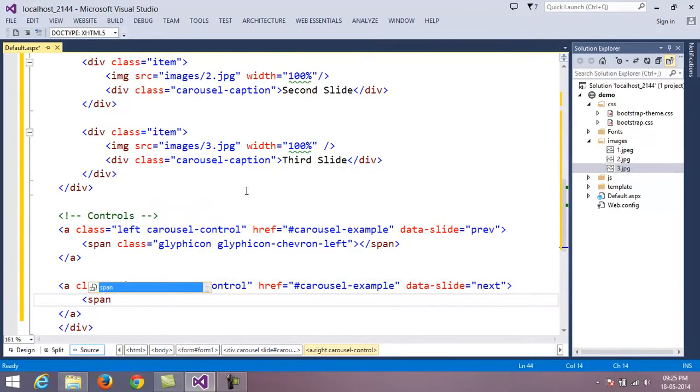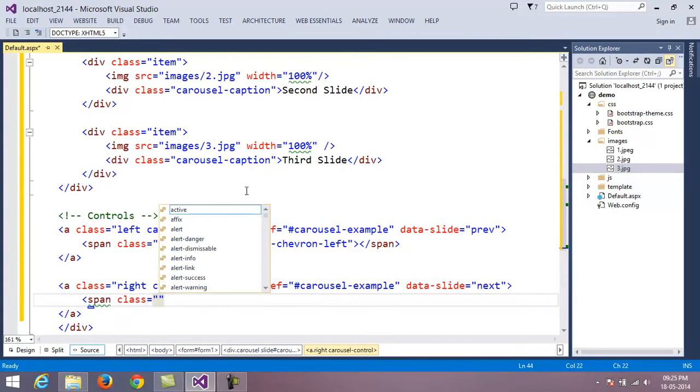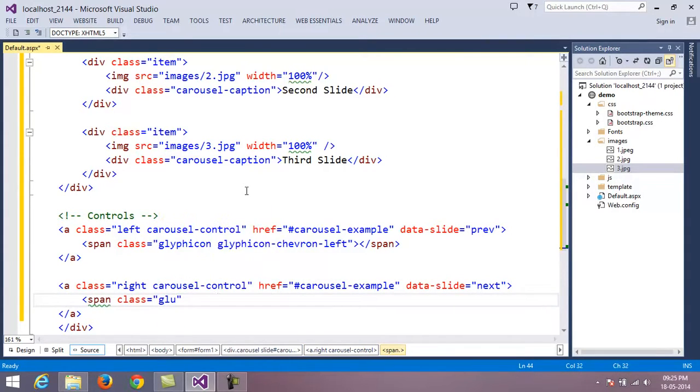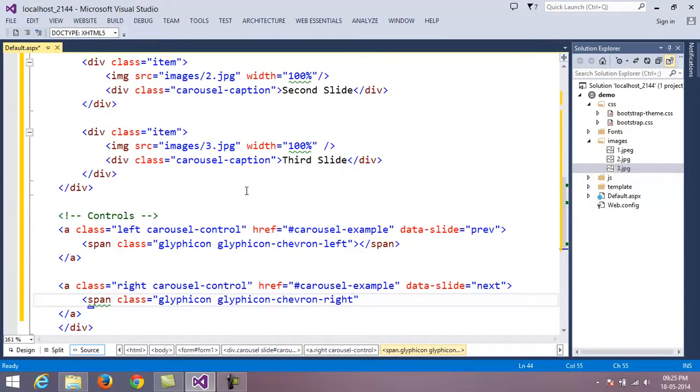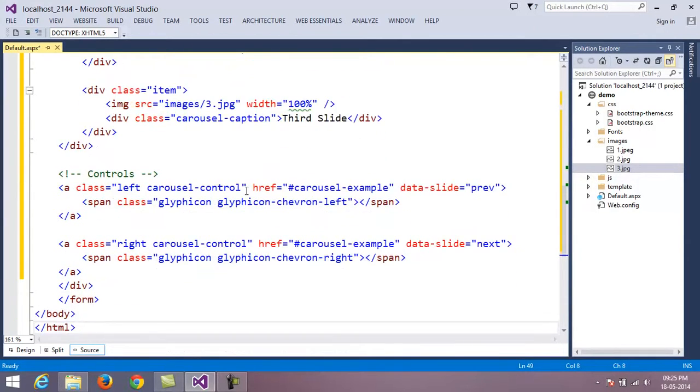Within this I would like to have a span. Once again I add a glyphicon, and I provide chevron-right. So these are the controls which we would like to have.